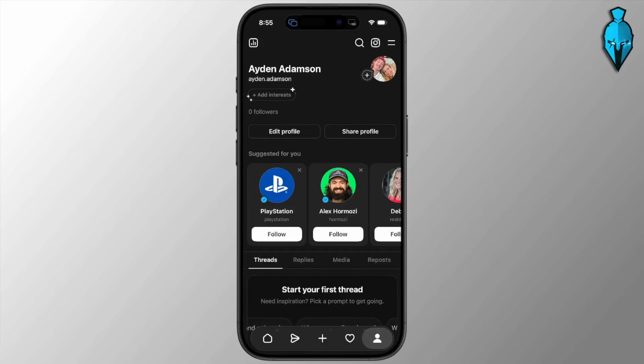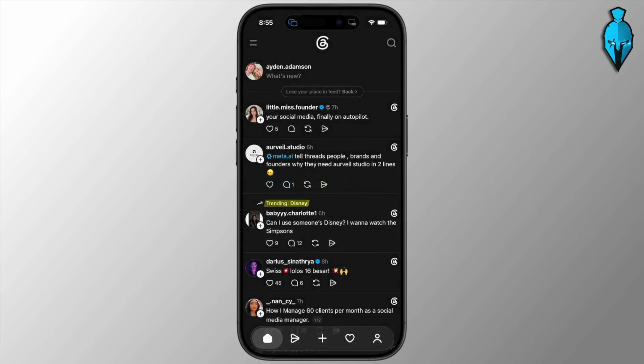In this guide, I'm going to show you how to turn on dark mode on Instagram Threads, whether you're on